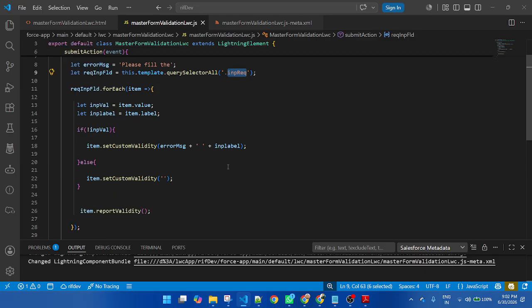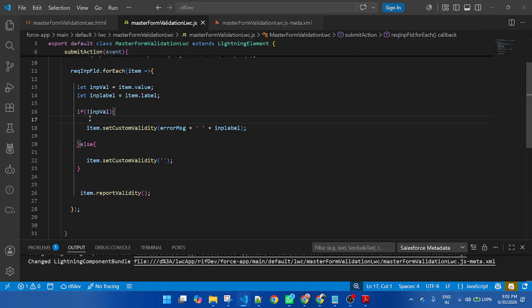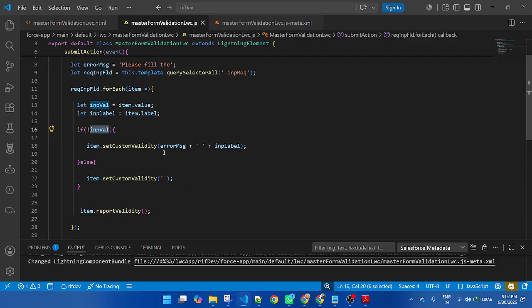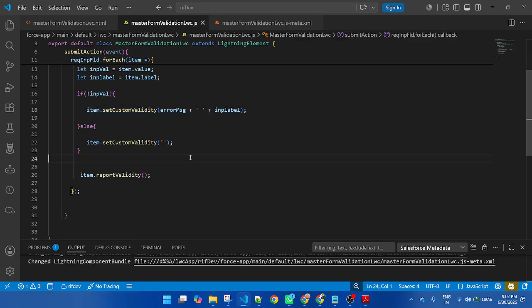Based on this item, I get the value and label, and inside the loop, first I check if not value. Here you can see this indicates not. If the value does not exist, then I display the error message. Otherwise, I hide the message, so the message is blank.